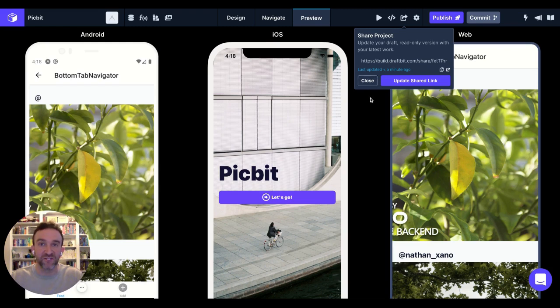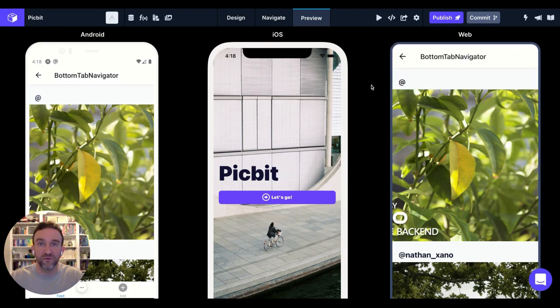We also invite you to share your app with our user community. If you go to community.draftbit.com, visit the Showcase channel, post your Share App link, and get some great feedback from our team and other fellow builders in the DraftBit ecosystem.